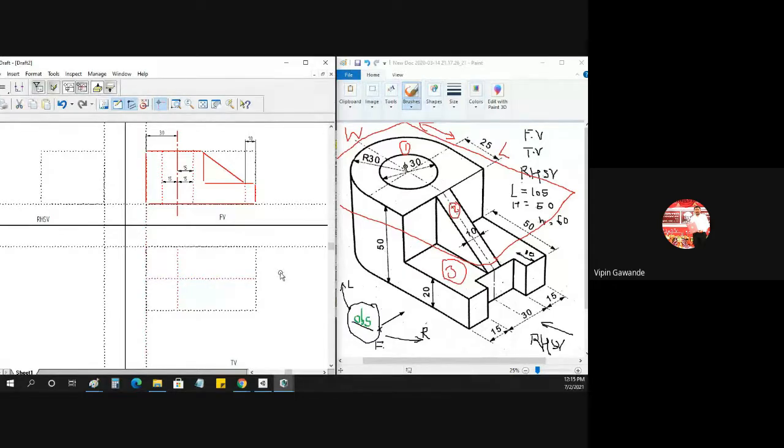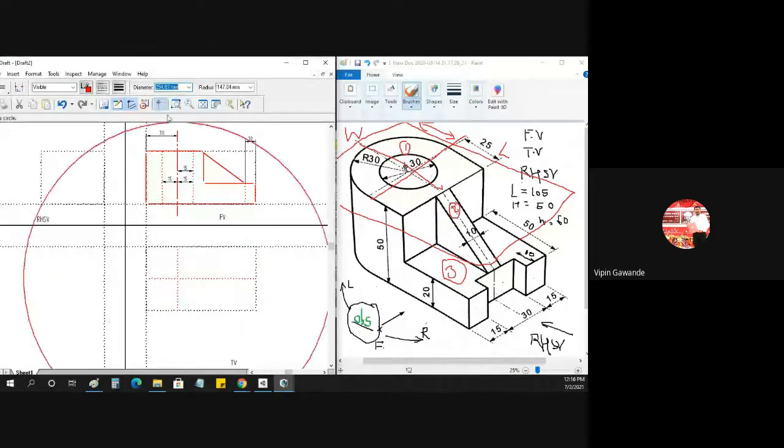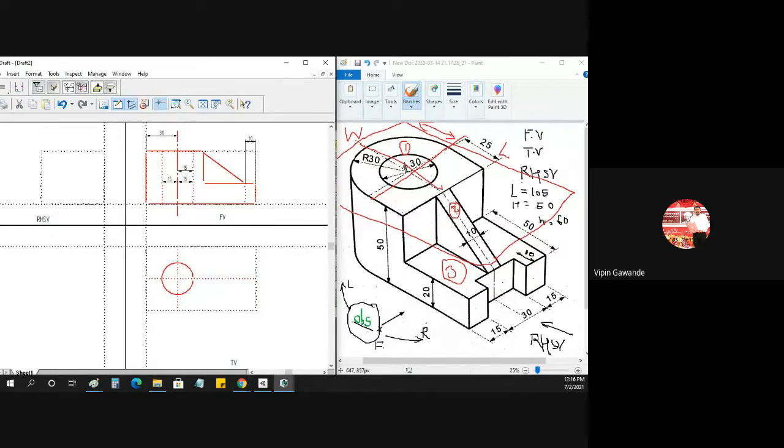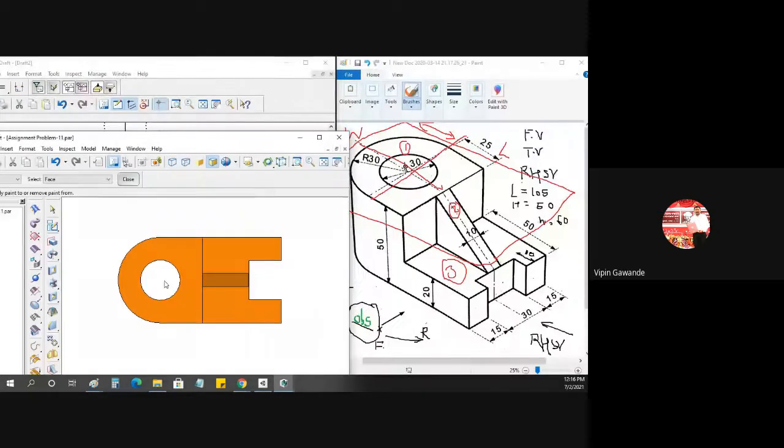So I have drawn two dotted lines. One, I have taken the projection from the center line. I have taken this line vertical, and then I have drawn this line. So I got the center here. Now, what is the diameter of the circle? The circle will come here. The diameter is 30. So I have to take 30 here. So this is our circle. If you make this dark, this is 30. So I have drawn the circle. If you see in our three-dimensional drawing, I first drew this circle.